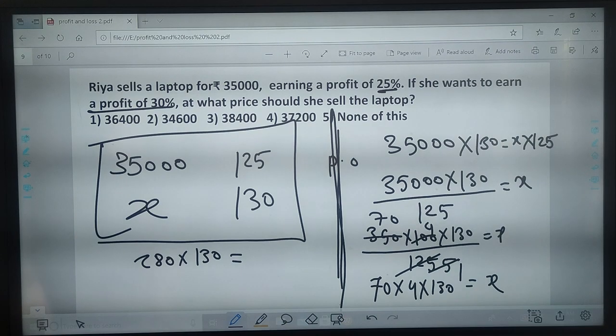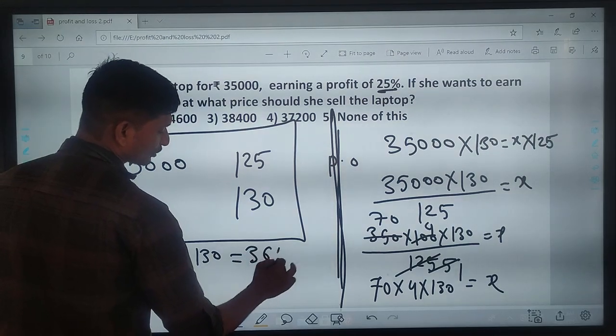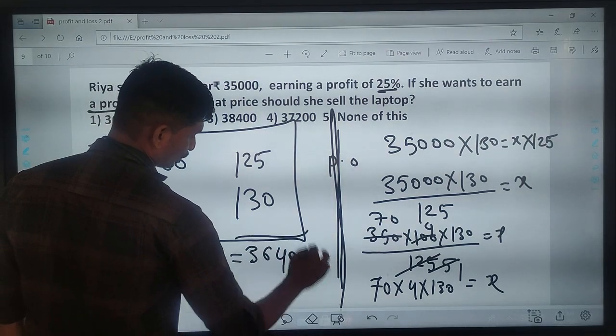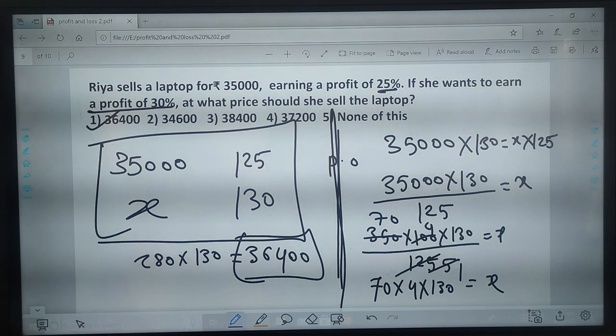Then the selling price of the laptop is 36,400. Next,